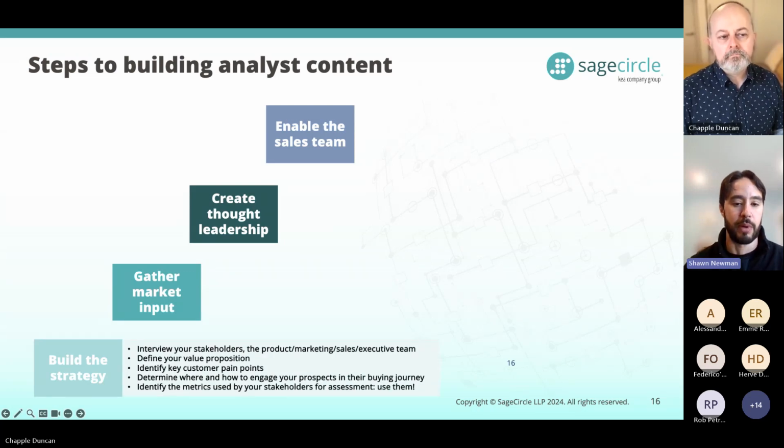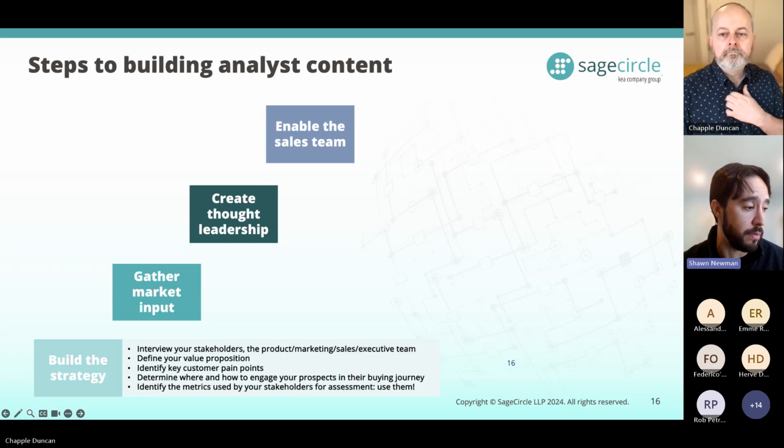And again, there's a lot of text here, but I think it's important to speak with your internal team to understand what the stakeholders are going to value the most in the year ahead as you're putting together your analyst relations plan. It could be we're looking to enter new geographies, so we really want to understand what's going on in Asia Pacific, and there's specific research and analysts that we can then point them towards.